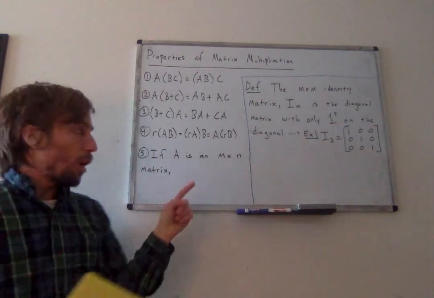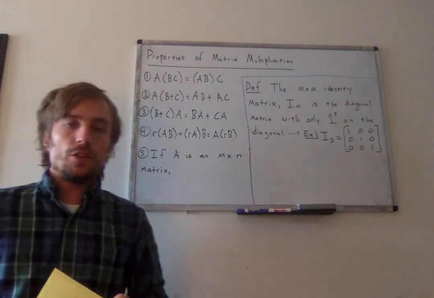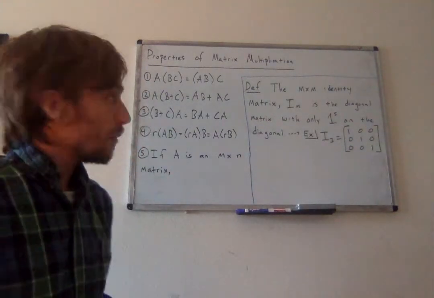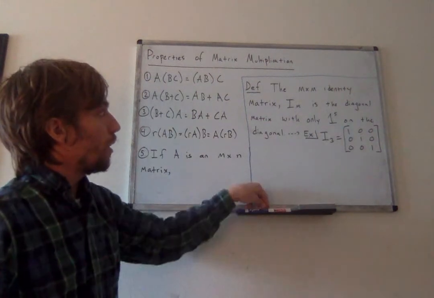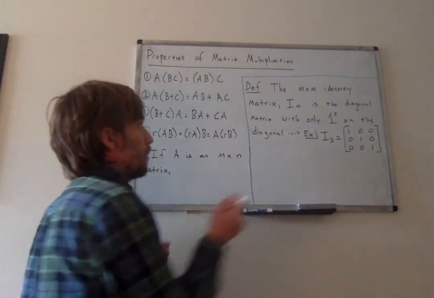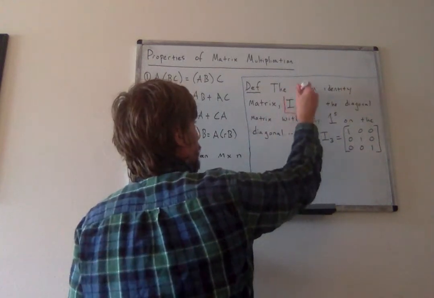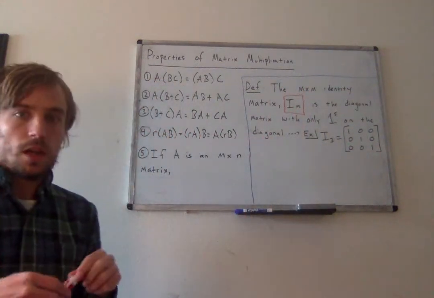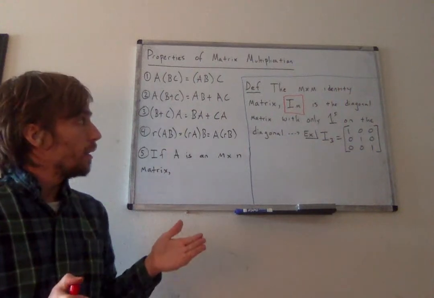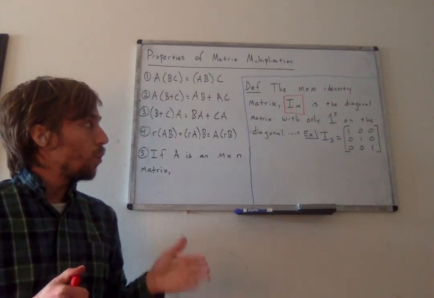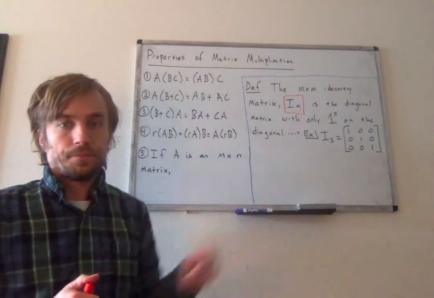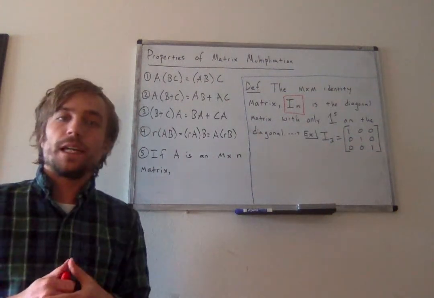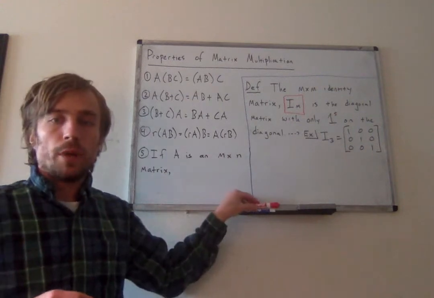All right, so property 5. I'm going to start with a new definition. So the M by M identity matrix, which we will often denote as I sub M. This is a special matrix. It is square, M by M. It's a diagonal matrix with only 1s on the diagonal. So this matrix here would be the 3 by 3 identity matrix. You might recognize it